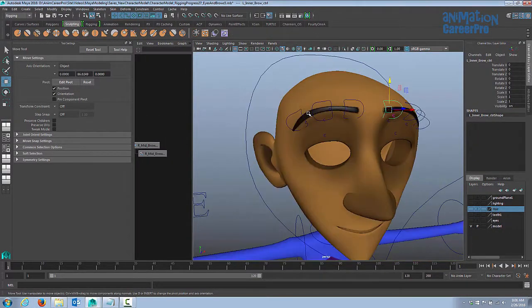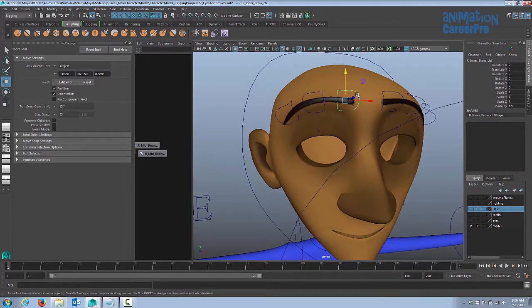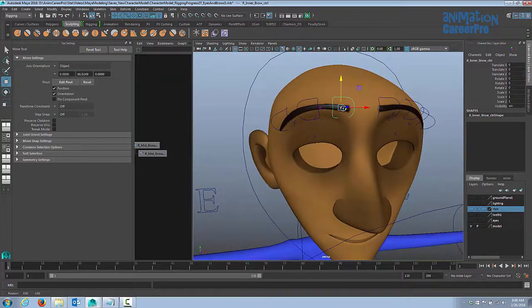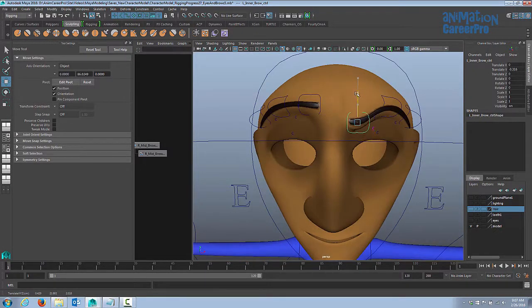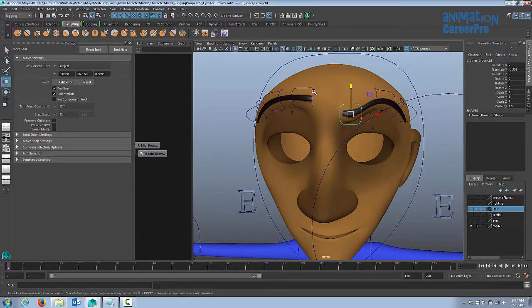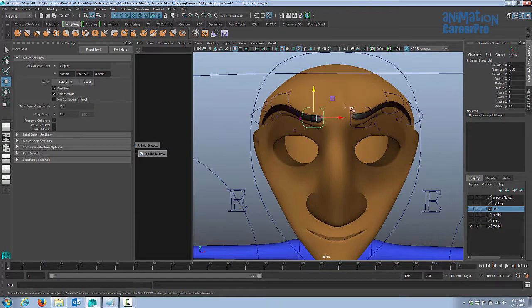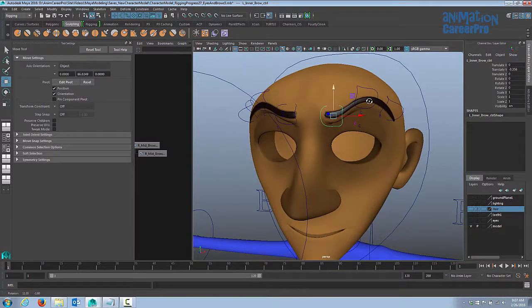Alright, so I've gone through and I've added clusters for the right eyebrow, and I parent constrain the controls to each cluster. When you start to paint the other side, it's a great idea to bring the cluster that you're painting for the other side down as well, just so you can match it up as you're painting it, and just make sure that they're as close as possible to matching.